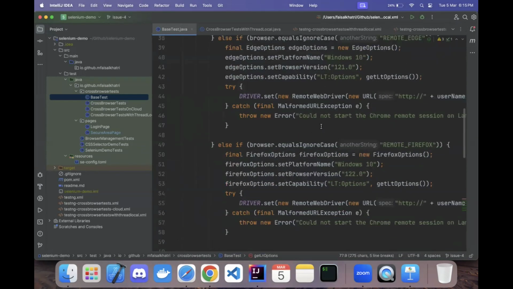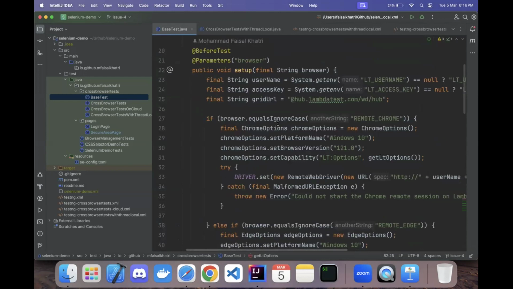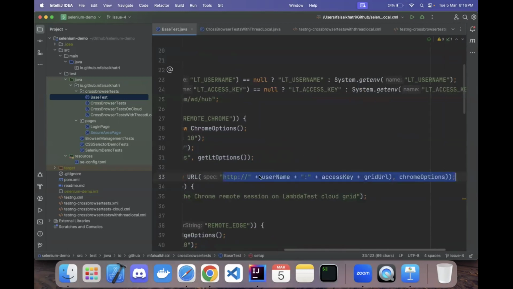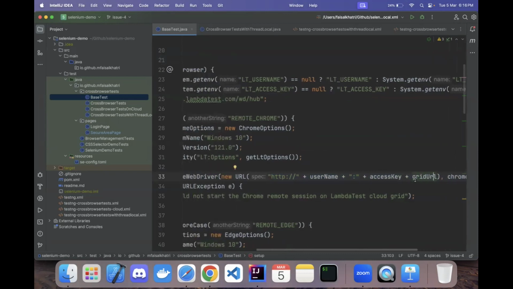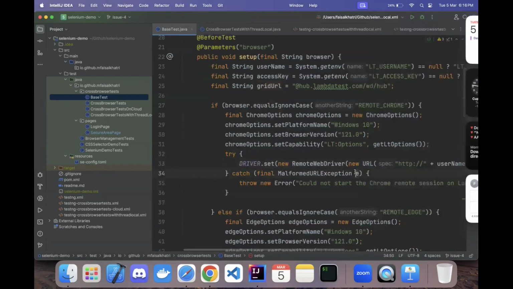Accordingly, once these LT options values are returned, I'm just creating four different blocks using if-else conditions. If the browser name is remote_Chrome, the Chrome options class will be instantiated, and accordingly the platform will be set, the browser will be set, and the capability for setting the LT options will be done. Finally, I'll set the driver using RemoteWebDriver, and here it will be a remote URL that will be created with username, access key, and the grid URL. And finally, the Chrome options class instance will be passed here. Based on these Chrome options, whatever values I've set, it will run the Chrome browser on Windows 10 and